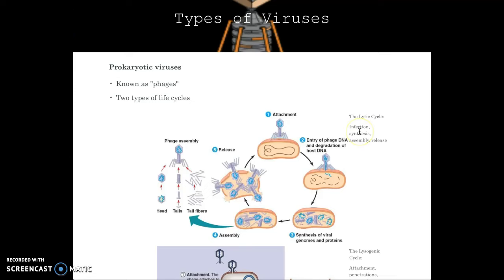You have what's called the lytic cycle, which happens in 4 steps. You have infection, where it injects the information that it has into it. It makes the cell replicate that information, making new pieces of that bacteriophage, and then it assembles those pieces into full bacteriophages, and then the cell erupts, and those newly created bacteriophages will be released into the atmosphere, or into the body of water that it's living in, and then it will go on to infect the